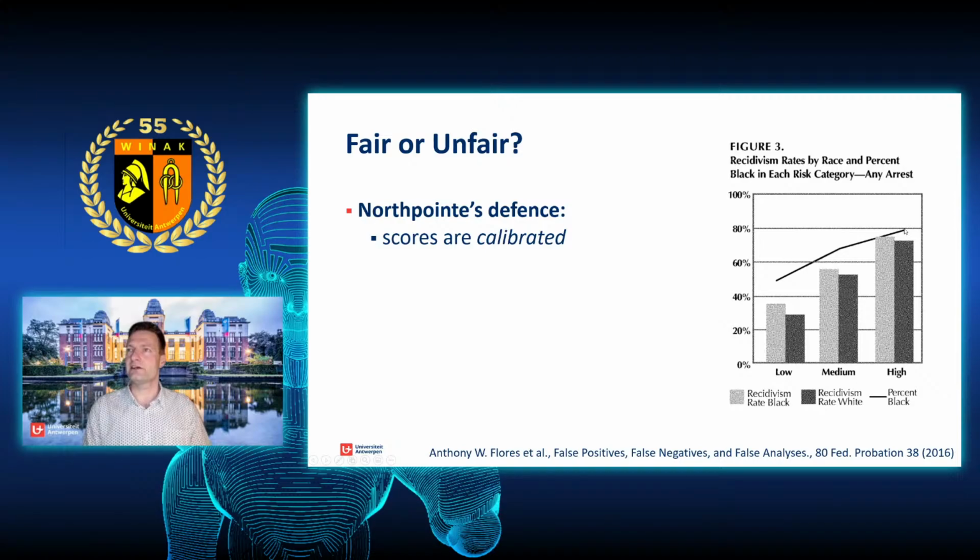So actually in the high risk category group, 4 out of 5 are black, and in the low risk category it's 50-50. And that's of course due to all kinds of social differences between the black and white population, like age distribution, etc., and that can explain why there are these differences. But okay, so this is North Point's defense, and I think it's a pretty strong defense. It means their classifier is fair.